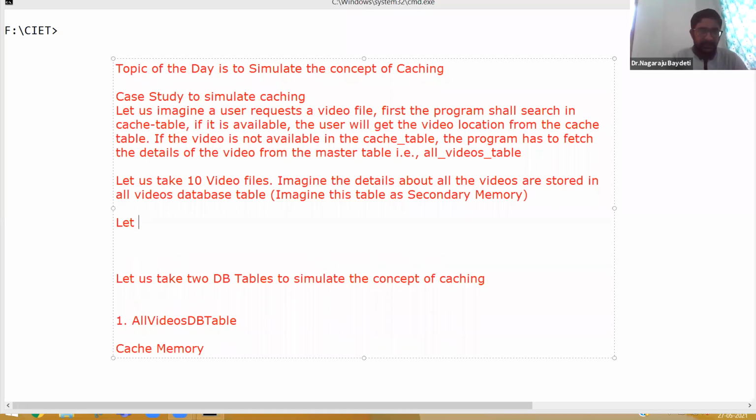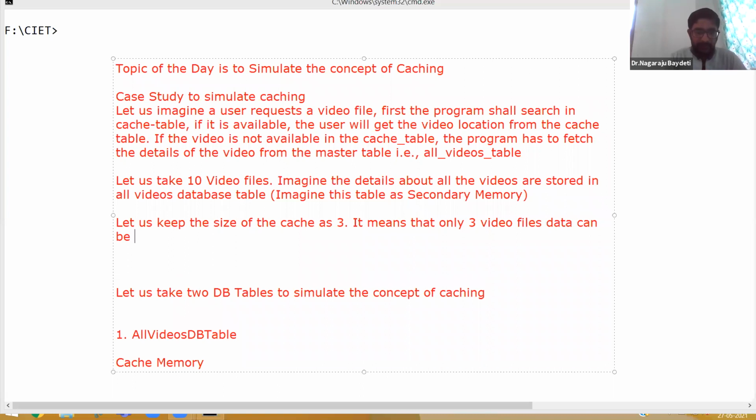Now, let us keep the size of the cache as 3. What does it mean? It means that only three video files' data can be stored in the cache.